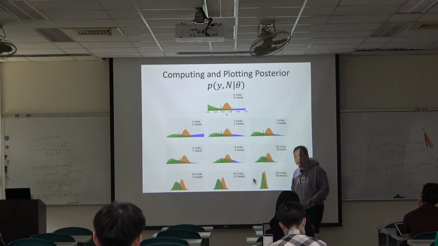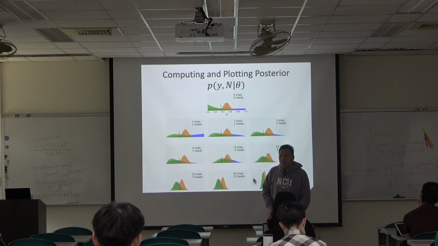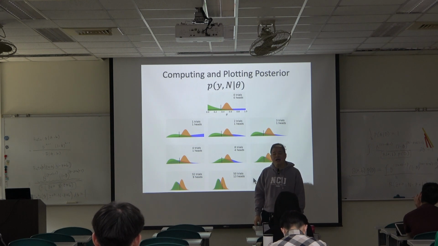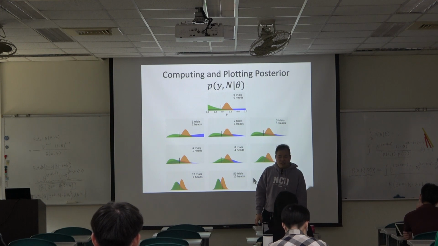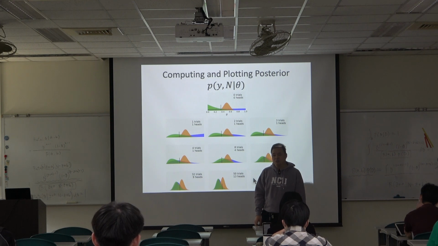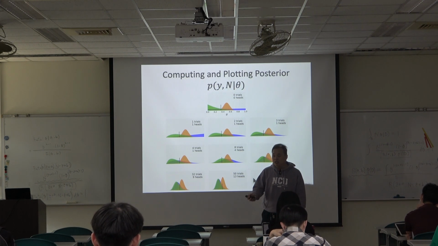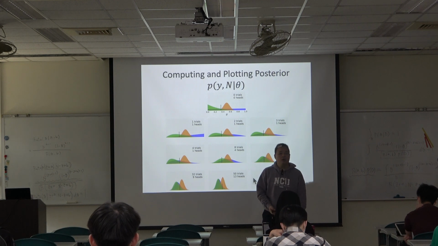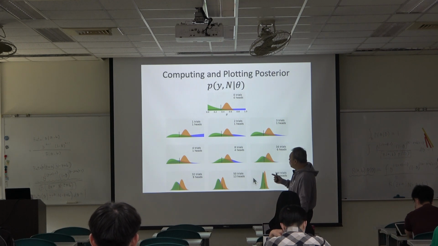That's natural. Why? Because the prior is only the pre-knowledge before the experiment. But as you collect more and more evidence from the experiment, your data should dominate the result, right? That's also natural. Very intuitive and very easy. And it also tells you that, you can see